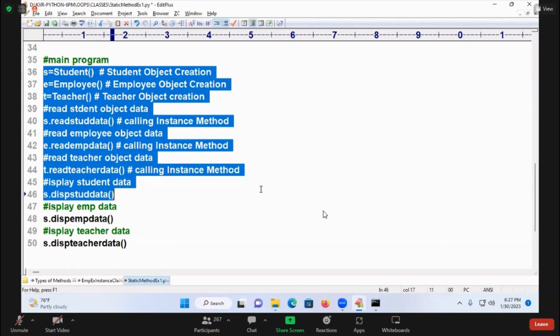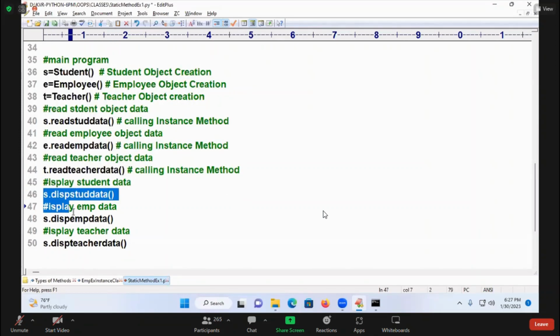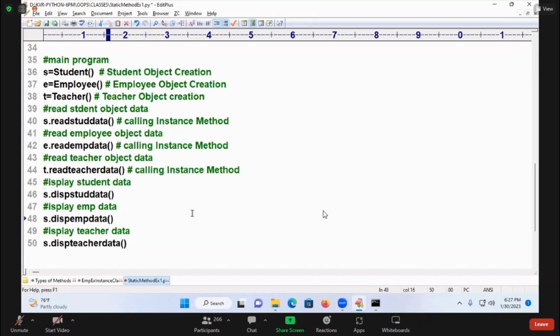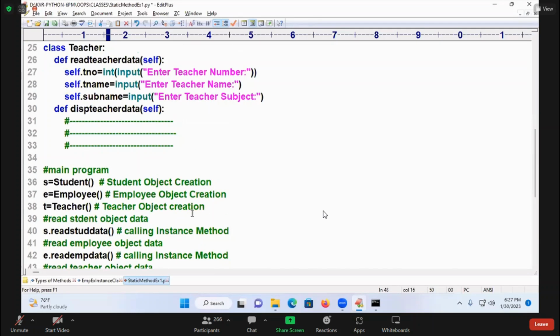if you want to display, irrespective of the type, only one method I will write, which will display all the objects data. Definitely it reduces memory space. Any type of object data means what? Is it a particular operation, common operation, universal operation? Universal operation. Such a utility operation, if you want to go for it, we will go for one of the new concepts called